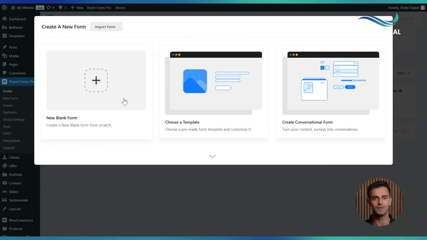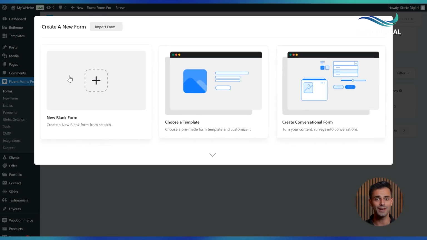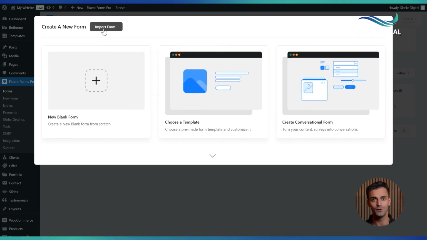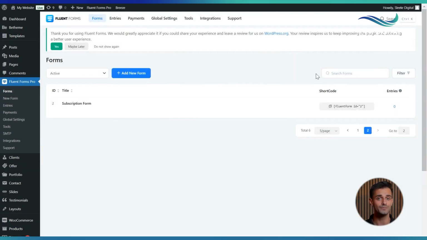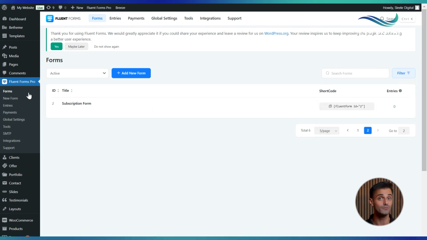You can either create a blank form, choose a template, or create a conversational form. There is also an option to import previously created forms. Click on the Import Form button and choose the file. If you want to search for a form, you can use the search bar. You can also use the date filters to filter forms from today, yesterday, last week, last month, or apply a custom date range. In the Fluent Forms interface, we have these sections: Forms, Entries, Payments, Global Settings, Tools, Integrations, and